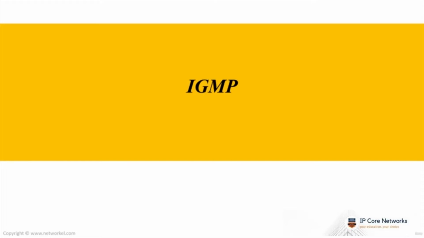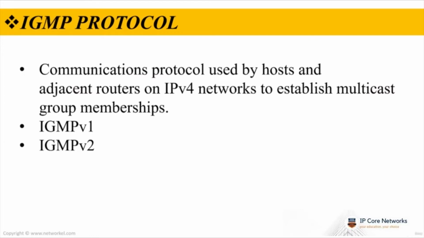In this section, we will talk about the IGMP protocol. The Internet Group Management Protocol, IGMP, is a communications protocol used by hosts and adjacent routers on IPv4 networks to establish multicast group memberships. IGMP is an integral part of the IP multicast and can be used for one-to-many networking